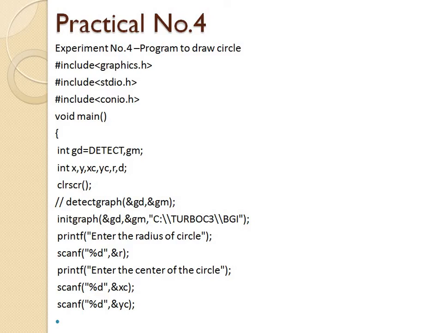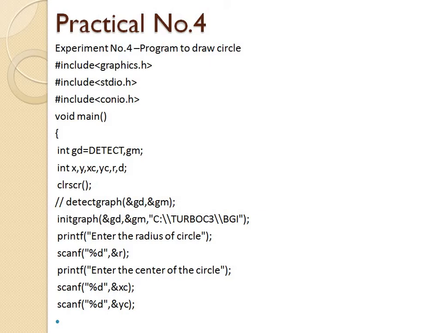After that we use a while loop for plotting the x and y coordinates. Then we give the if-else condition, and the while loop continues till x is less than or equal to y. If this condition is false, then the while loop is closed and the program is closed.